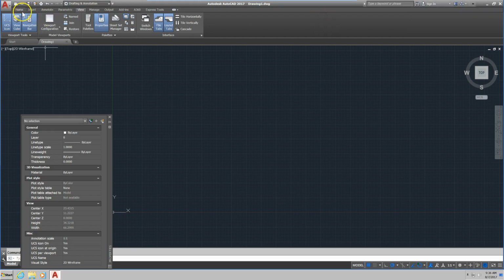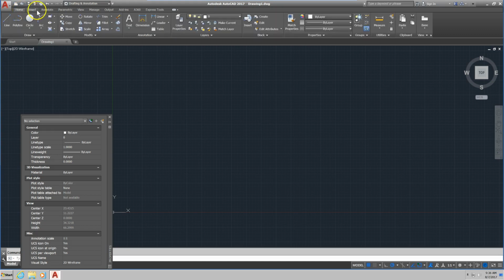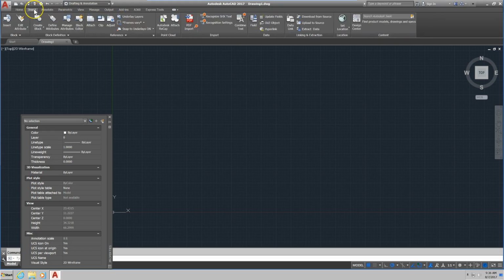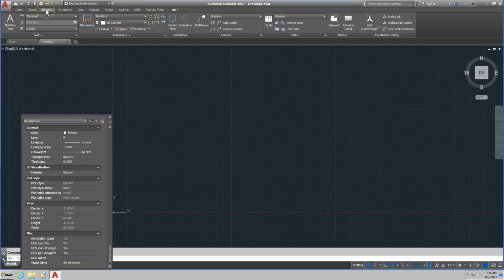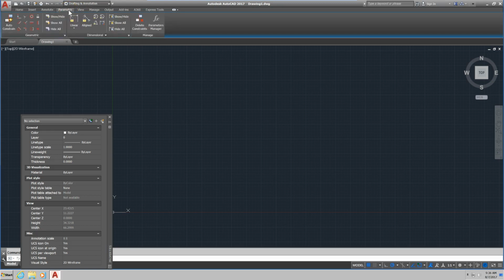The ribbon menu is probably the most central part of AutoCAD, and that's where all the commands are organized under these various categories. There are Home, the common functions associated with that. Insert organizes things external to the CAD environment, the CAD drawing that you're working with. Annotate is exactly what it means, allows you to mark up, explain with text and symbols the drawings that you're using. We're not going to make a lot of use of parametric